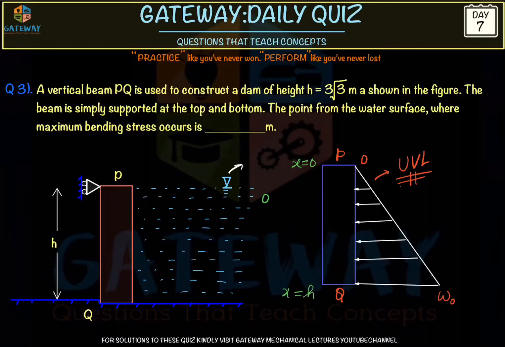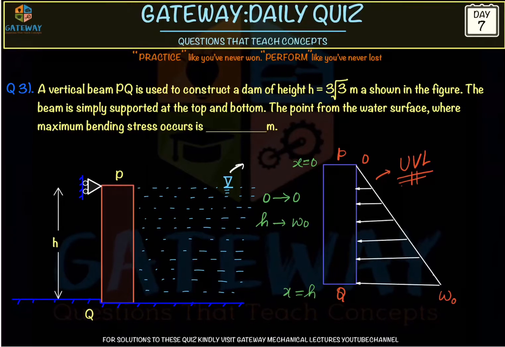We'll use a generalized coordinate. Don't mind whether it is y or x, but let it be x is equal to 0 and let x is equal to h. You can even take y, but generally we are used to taking horizontal beams. There we'll be taking x, right? So here for simplicity purpose I am taking x again. So at x is equal to 0, the load is 0, and at x is equal to h, the load is W naught. Then at some place, let there be a cross section xx, which is at a distance of small x from P. So at x, we need to get the value of load.